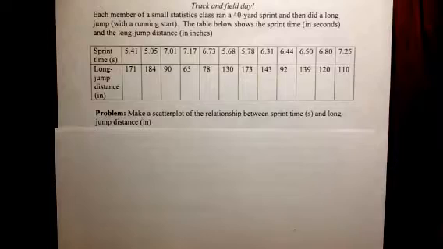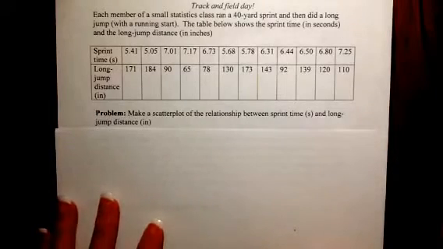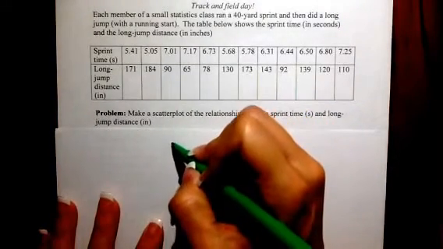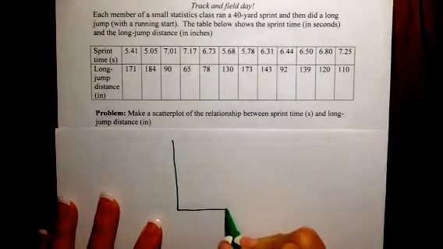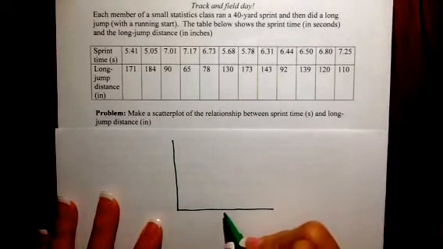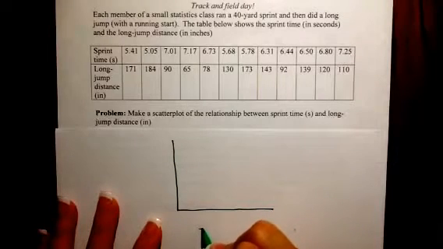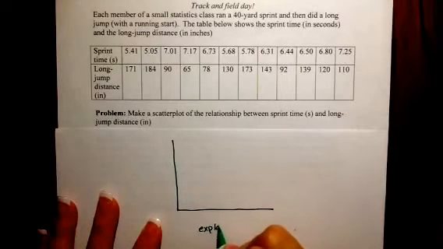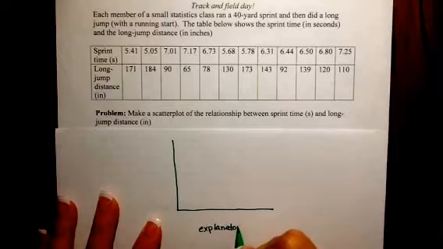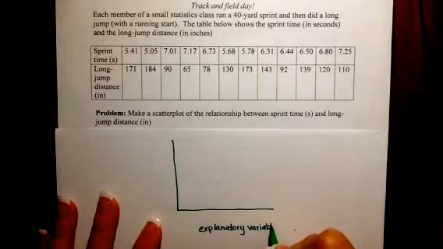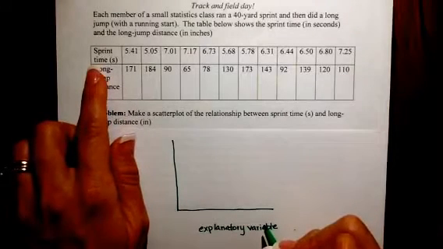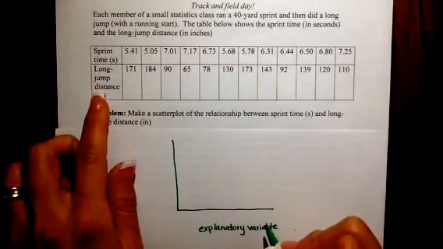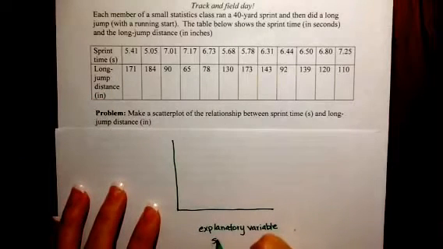To create a scatter plot, because we're looking at two variables, we're going to have two axes. We're going to have a vertical axis and a horizontal axis. The horizontal axis will always be your explanatory variable. And here in this problem, our explanatory variable is going to be the sprint time, because we believe that if you run faster, you're going to be able to jump farther. So here we would have sprint